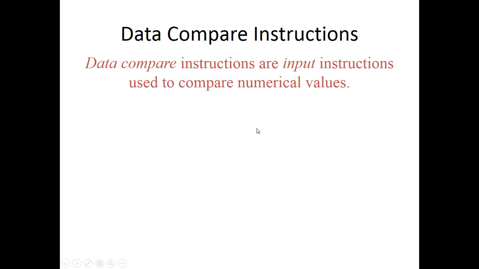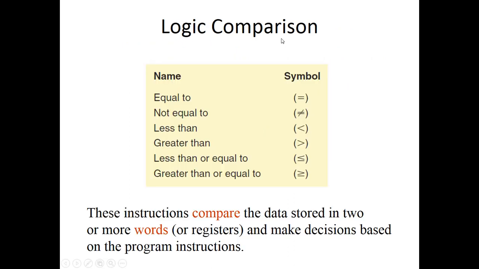Data compare instructions are input instructions used to compare numerical values. Okay, let's see what that means. The logics are what you're familiar with: equal to, not equal to, a number that's less than a different number, or greater than a different number. These hopefully make sense to you, where we're just comparing two values. Let's say 2 is less than 3, okay? If that occurs, then we want our logic to be true. Or we want greater than: 5 is greater than 2, then we would want our logic to become true,